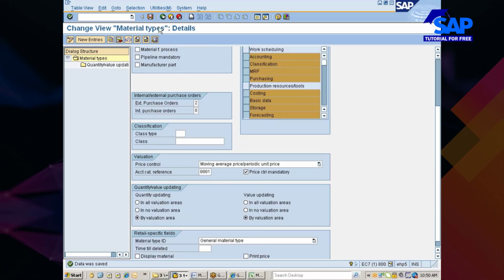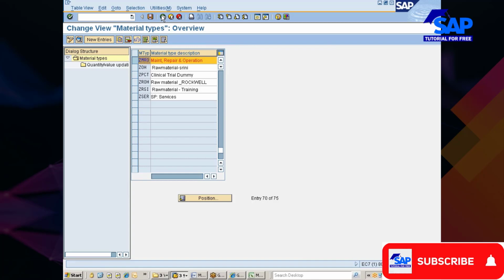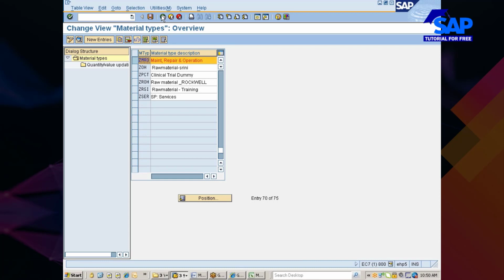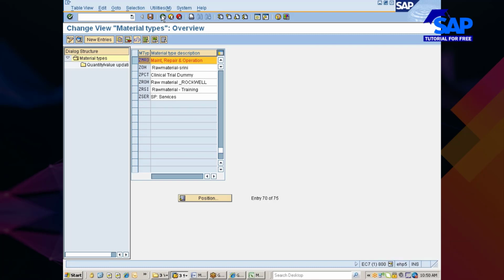Okay, so now Venkat, typically which material type is taken as a reference? ROH. I've taken ROH and then created maintenance, repairs and operations, MRO kind of material. No, that's the one you have done just now, but the typical material type which is taken as a reference to create another is mostly ROH, semi-finished and finished also. So HALB, FERT or ROH.